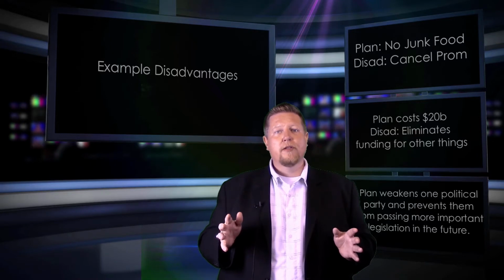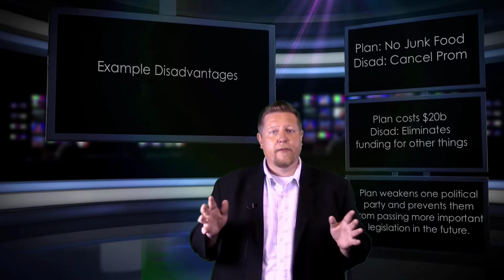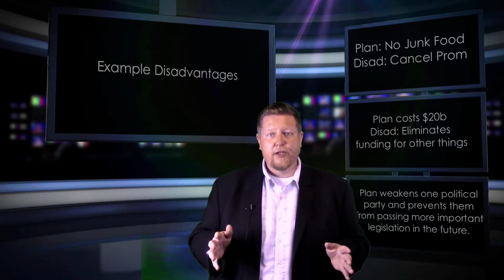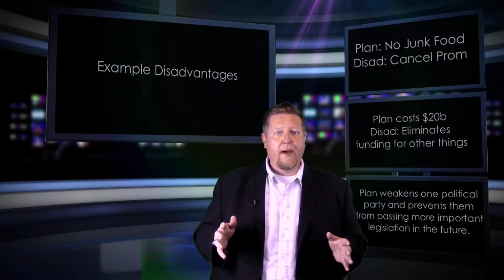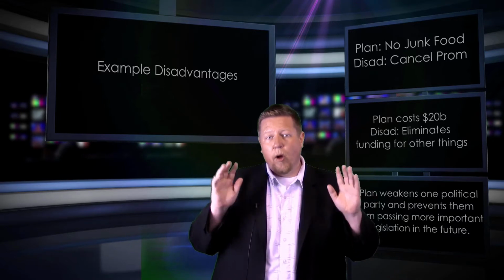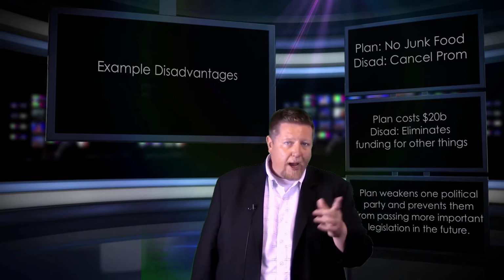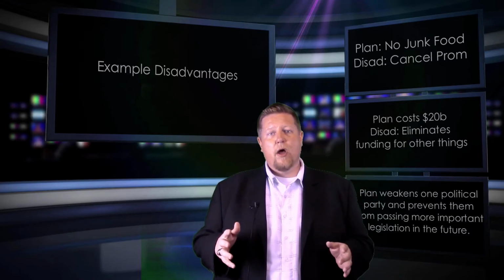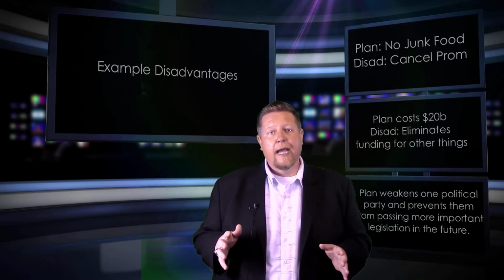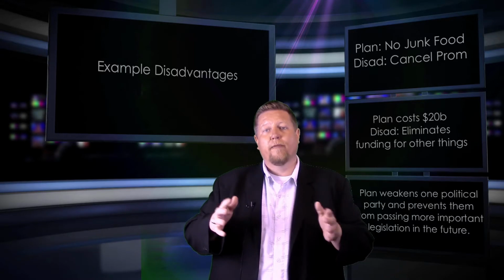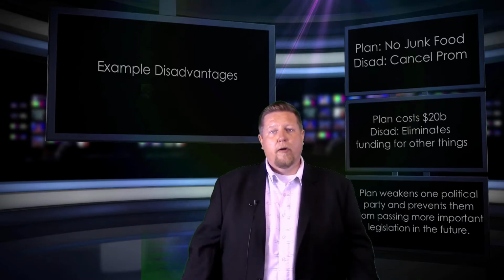Fast forward 6 months down the road to the next big bill, which is a big health care bill, favored by the Democrats and opposed by the Republicans. Now the Democrats don't have enough political strength to pass the health care bill because they used up all of their favors and arm twisting to pass the military bill. As a result, the negative team argues that passing the affirmative plan will kill the health care bill, and lots of bad things will happen as a result of killing the health care bill. Okay, those are our three examples: the prom disadvantage, the trade-off disadvantage, and the politics disadvantage.